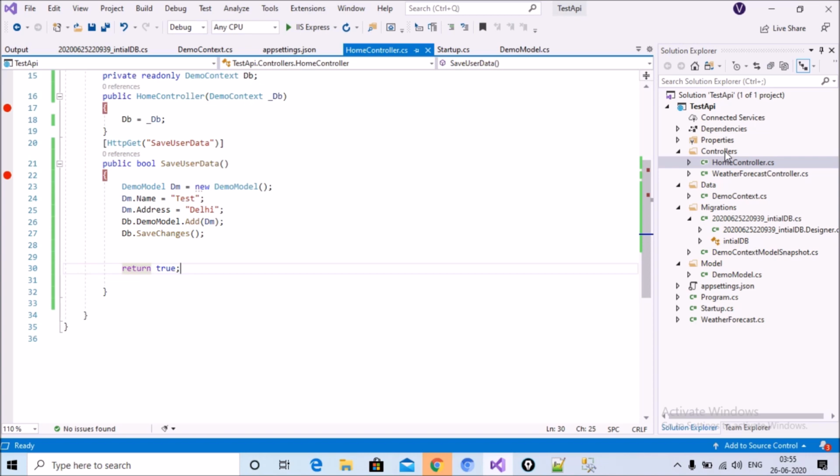The next step is to create a data model class, and the third step is to create the home controller or any other controller class, which contains your function name. The next step is to create the data context class, which I have created, you know that very well. After that, inject the connection string in appsettings.json, and then configure the settings in the Startup.cs class, the data context and your connection string. The next step is add migration, and after that write a function in your controller, call your API function and save the data in the database.